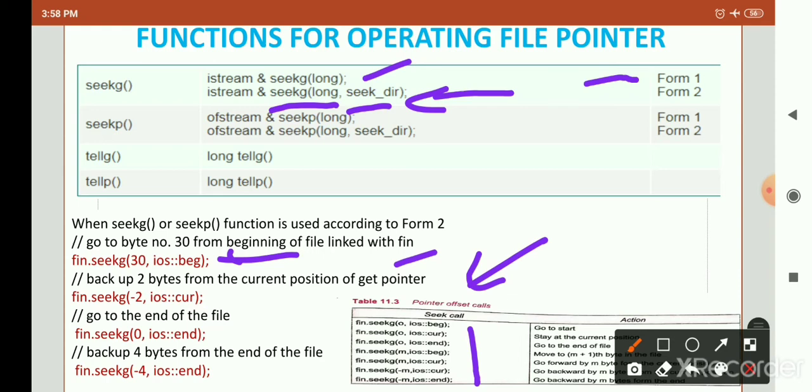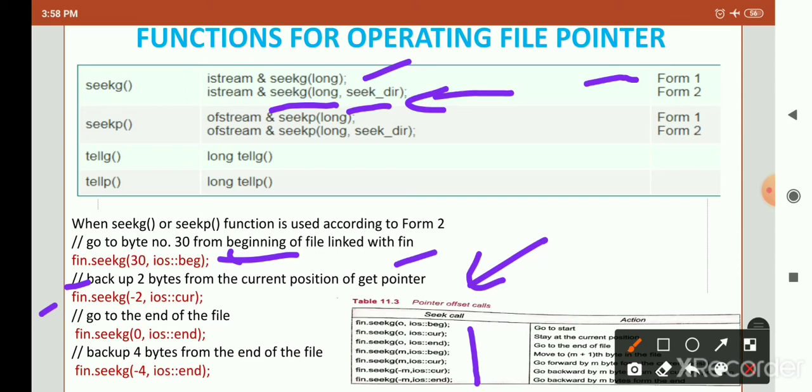So directly it goes to the location byte number 30. Similarly, if you write fin.seekg(-2), it goes back 2 bytes from the current position of the get pointer.